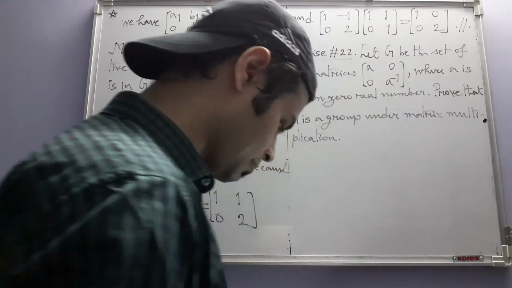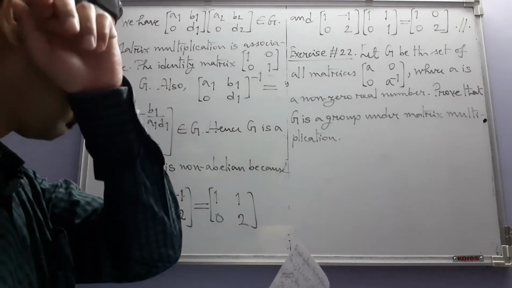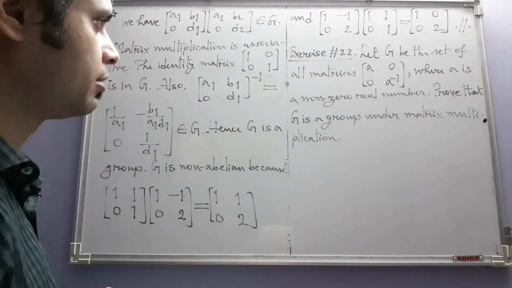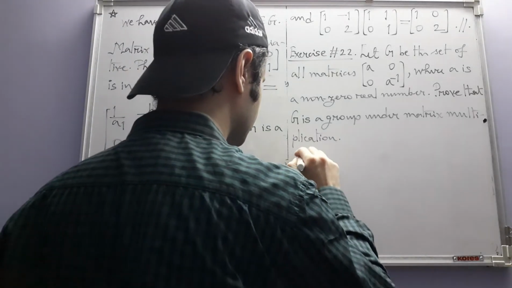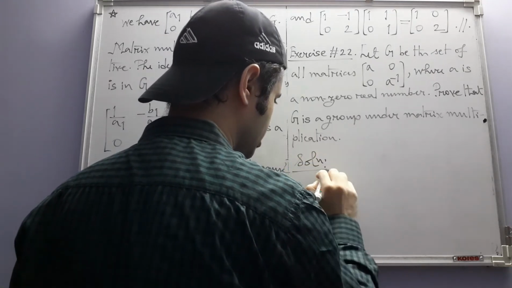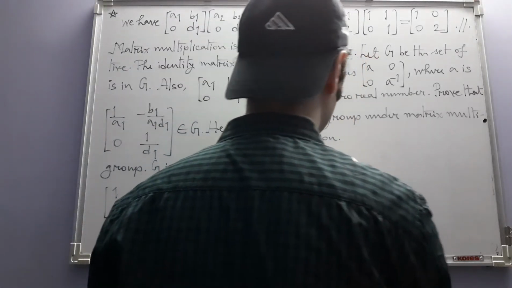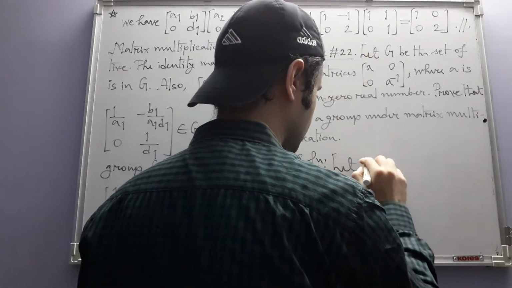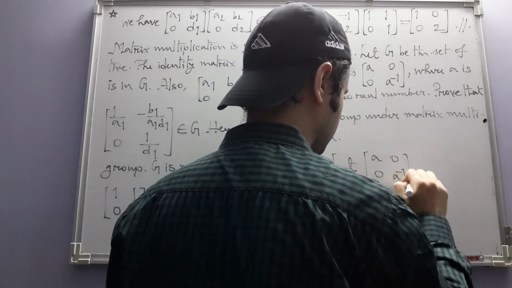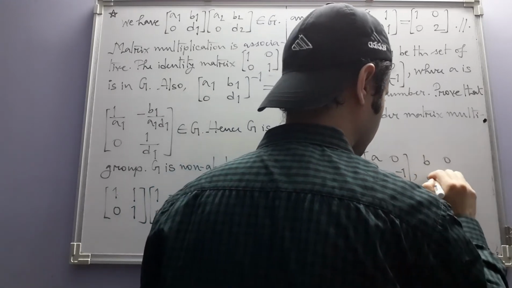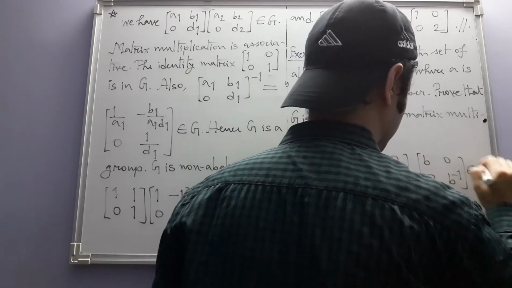Anything else has been okay, whether they have asked us to show that this group is abelian or not, I think I have not written here. We will anyhow see that this group is abelian. Here also the solution is much like what we have here. Nevertheless, let's just do it. Let this belong to G.